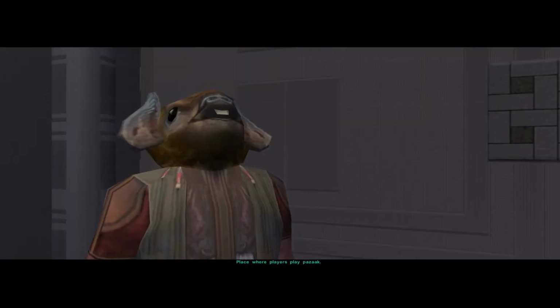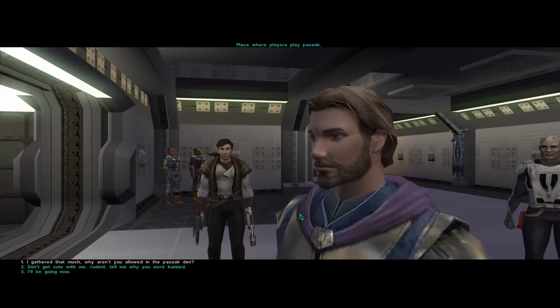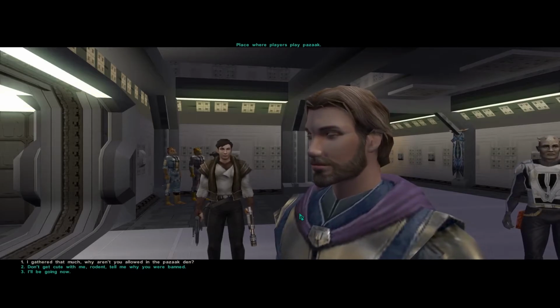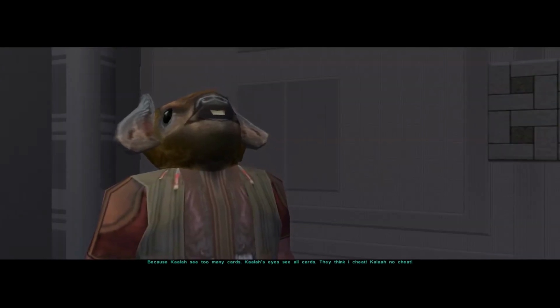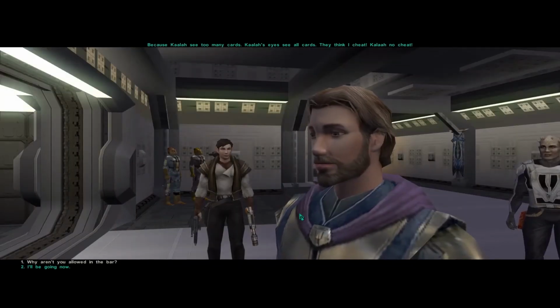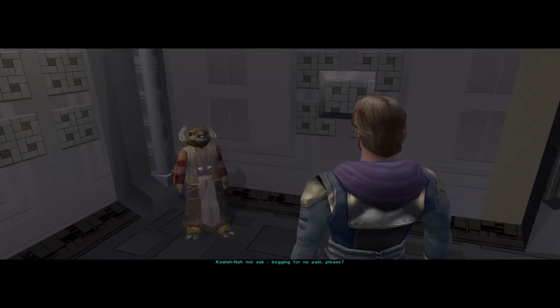Pazaak then. Yeah, alright, smart ass. I gathered that much. Why aren't you allowed in the Pazaak den? Don't get cute with me, rodent. Tell me why you were banned. Okay, I'll be going now. So, if we talk to him again...